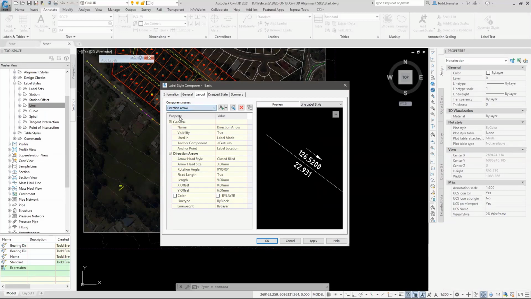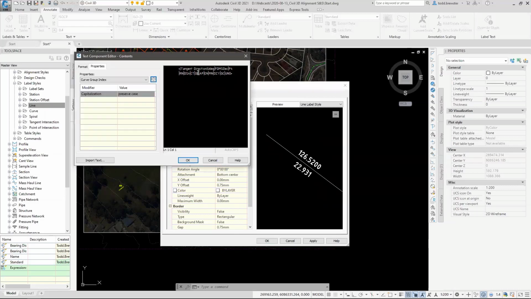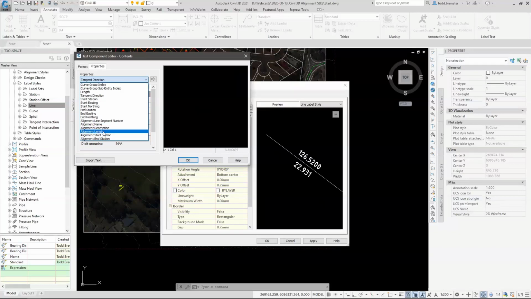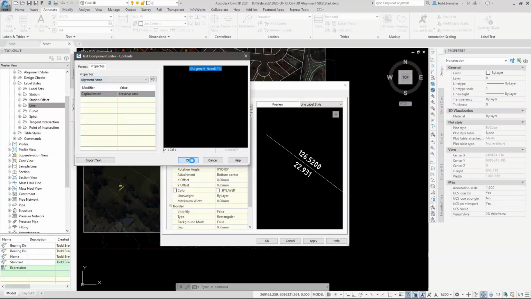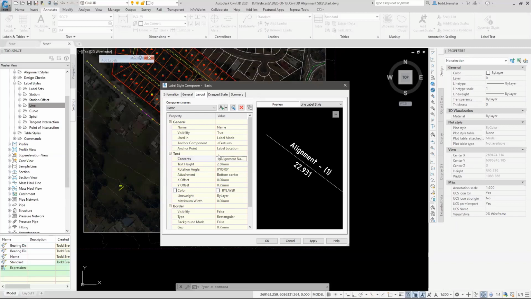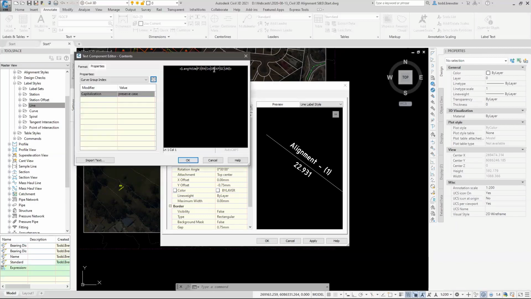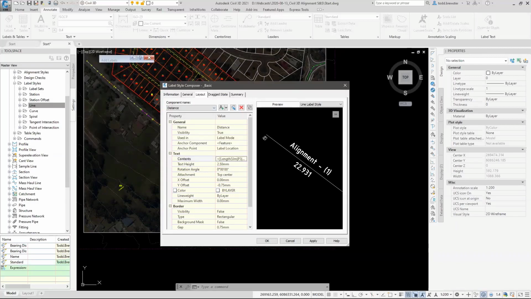I'm going to use half of those. So I'm going to kill off the arrow because I don't want it. I am going to change bearing into name, and I am simply coming in here and I'm just going to delete all the contents and say I want the alignment name. So it'll tell me my name, and my distance is probably already set up to 3 decimal places, which is good. Yep, 3 decimal places. Brilliant. That's what I want. That's all I want to